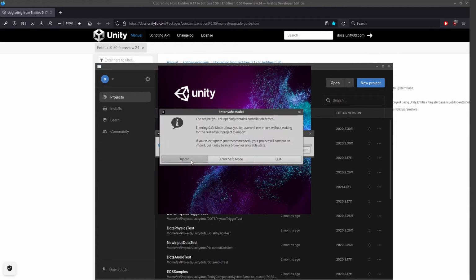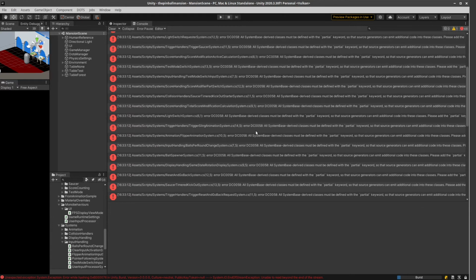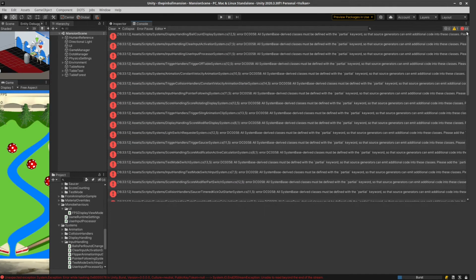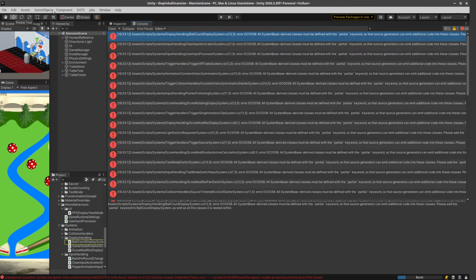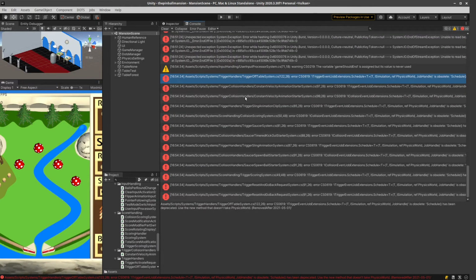This time I'm going to tell Unity to ignore my errors. Okay, now we've got a massive amount of errors. Yeah, this one is easy to fix, so let's choose Dots compiler, add missing partial keyword to systems. Maybe I should have waited till the burst compile finishes. So, okay, now I've got these